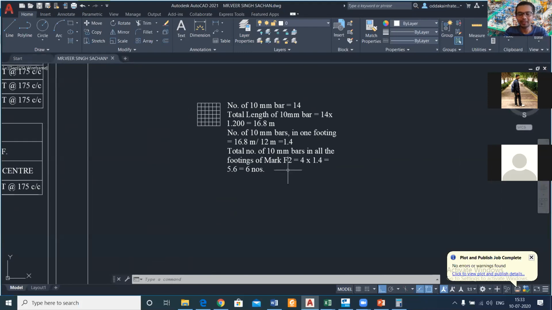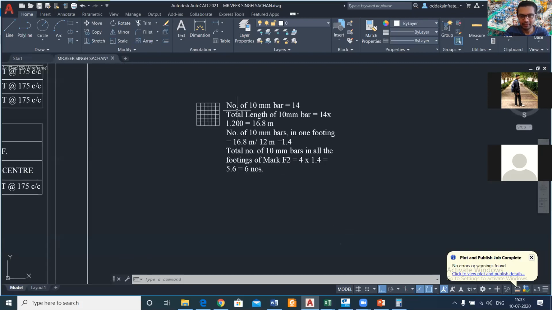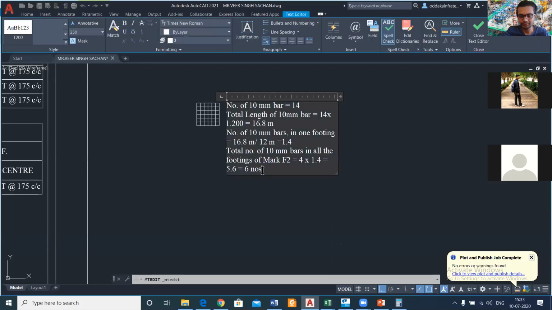Moving forward, now you have calculated the number of 10 mm bars. Now let us calculate the quantity of shuttering material, which is measured in square meters. It is also very simple. We will calculate the quantity of shuttering material for this footing only.